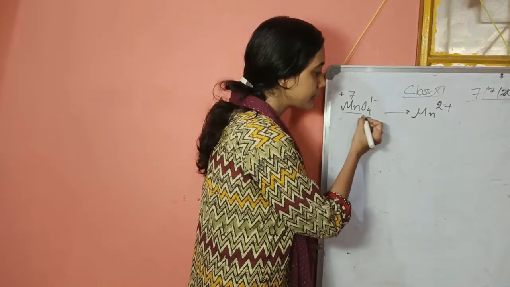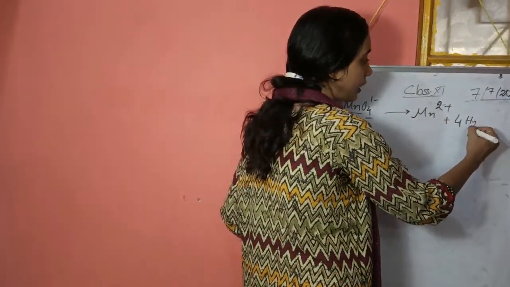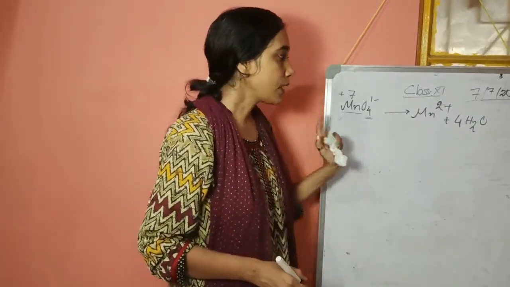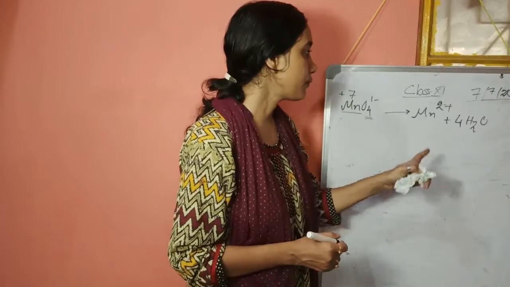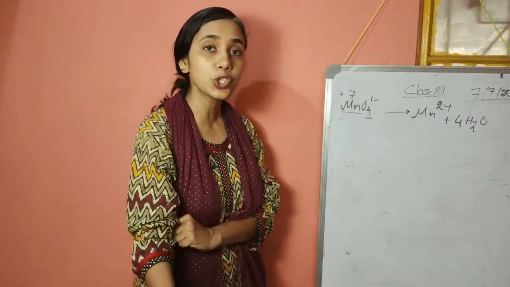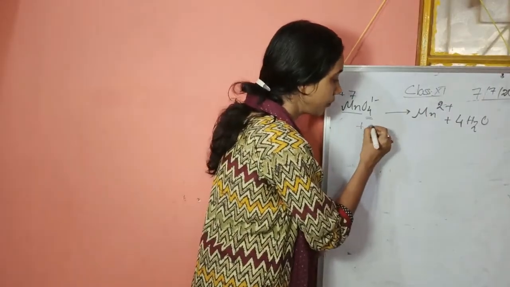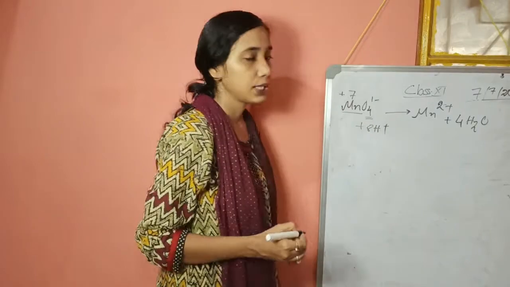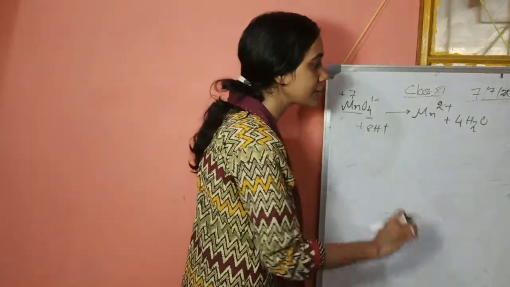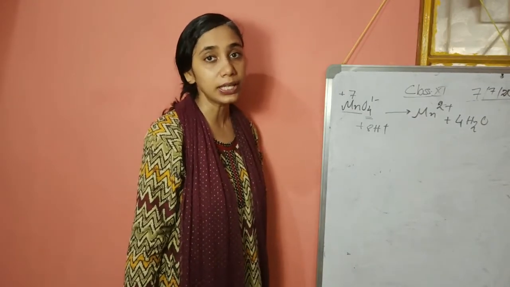Here we have 4 oxygen atoms on the left and no oxygen atoms on the right, so we will add water molecules here. We are doing it in an acidic medium. Once the oxygen is balanced, you see oxygen is 4 and here oxygen is also 4. Now balance hydrogen using H+ if it is acidic medium. Here hydrogen is 4 twos are 8, so we will put here 8 H+. Now you find both the sides atoms are balanced. Now finally balance the charges using electrons.